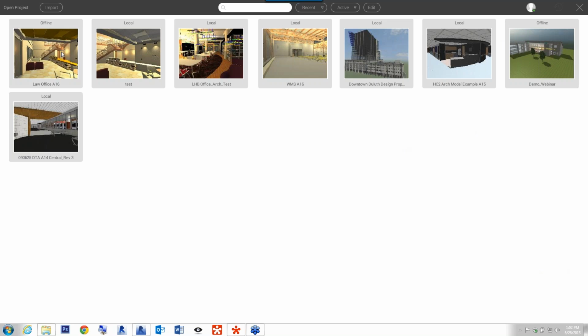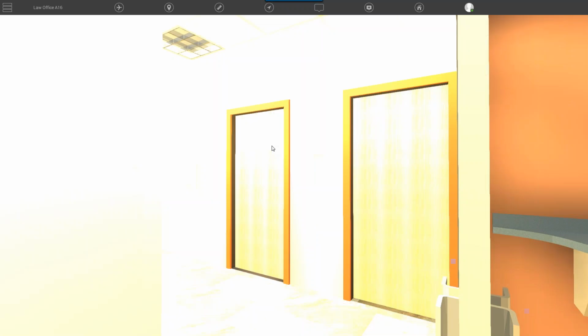Does Revizto perform clash detection? Clash detection between models. Brian, actually, we don't do clash detections, but we have a direct import of clashes from Navisworks into Revizto. Dan showed you the integration with Revit today.